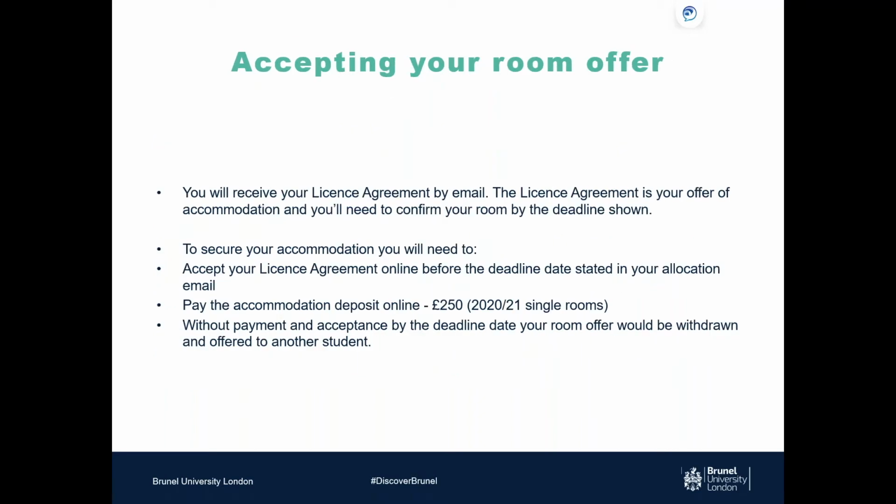So, the process to accept your room offer. Once we allocate you a room, you'll receive a license agreement by email. In the license agreement email, there will be information on the acceptance process and what you need to do. To secure this, you would need to make a payment of the deposit, which is £250. And then there will be the terms and conditions, which you'll just need to read through and then accept